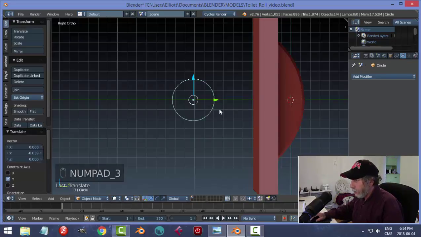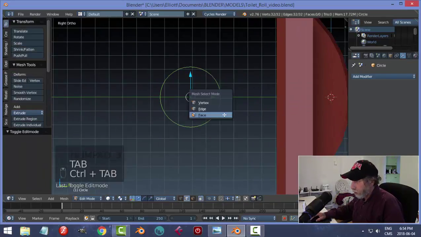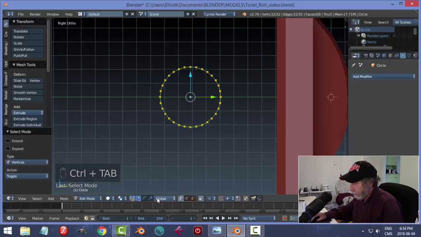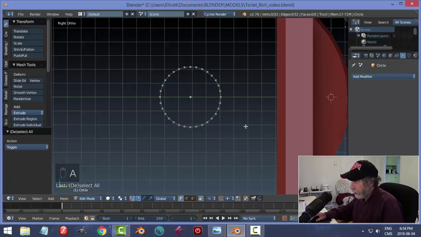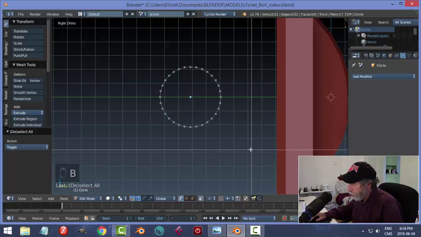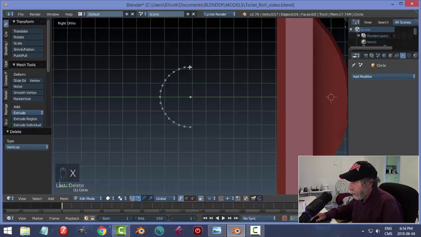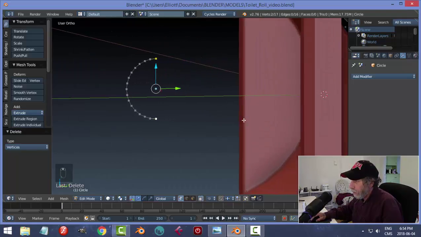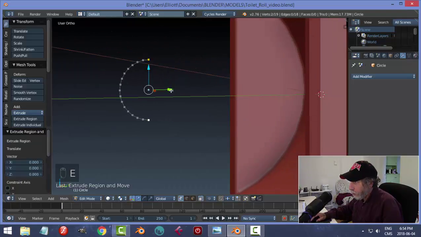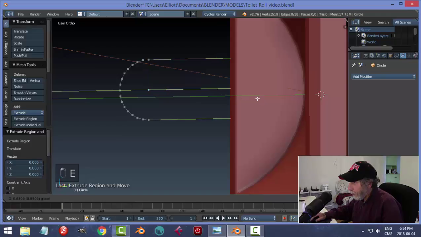All right, so what I'm going to do is go into edit mode of that circle and Control Tab and choose vertex. All right, or I could choose it down there and deselect. And then I'm going to hit B to box select, and with my left mouse button pressed, I'm going to drag a rectangle over all these vertices, and I'm going to hit X and delete. I want to leave the one that's sort of horizontal here on the top of the bottom. I'm actually going to Shift and select both of those, and then I'm going to turn my view a little bit. I'm going to go E to extrude, and I'm going to pull along the Y until it goes